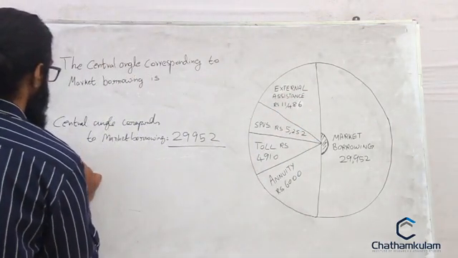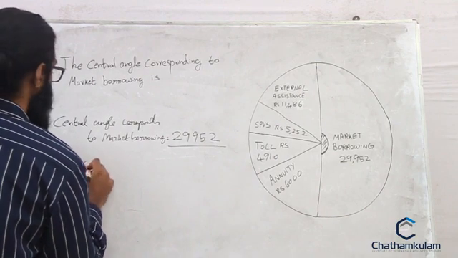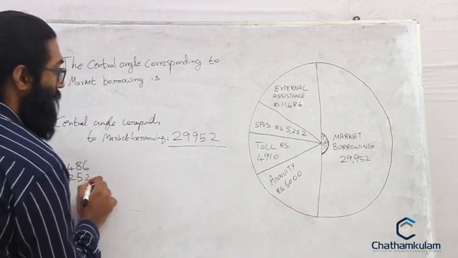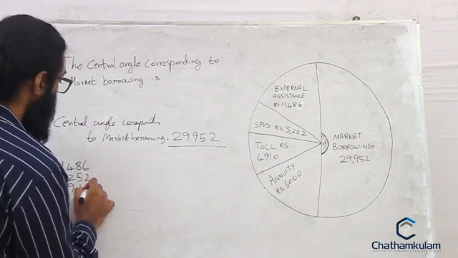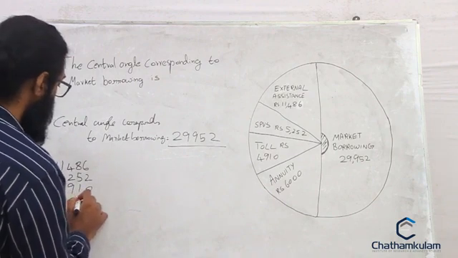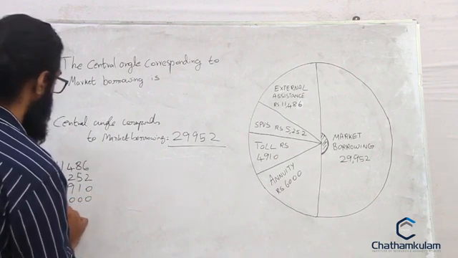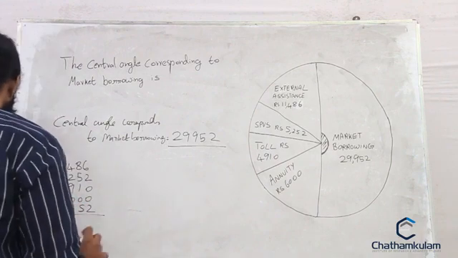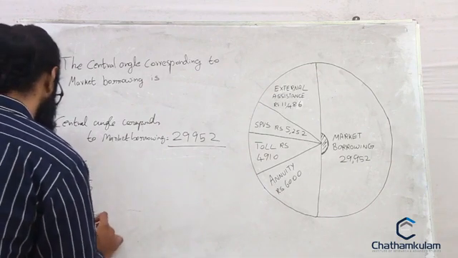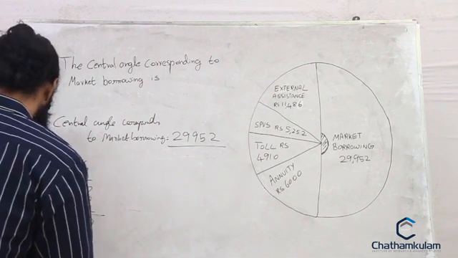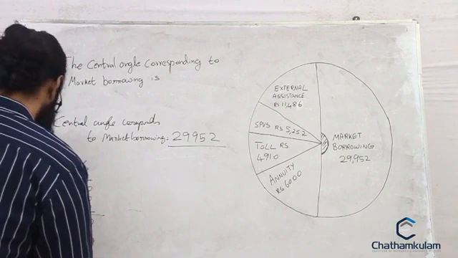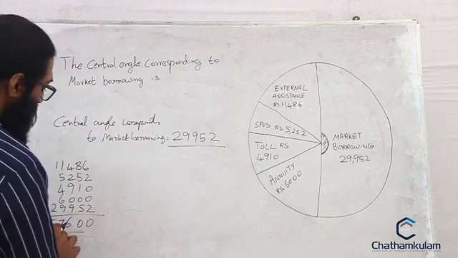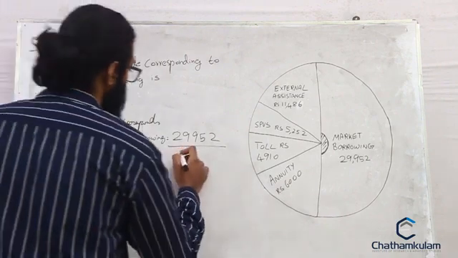It's 11,486 plus 5,252 plus 4,910 plus 6,000 plus 29,952, right? So if we sum this, we will get it as 57,600. So here we write it as 57,600